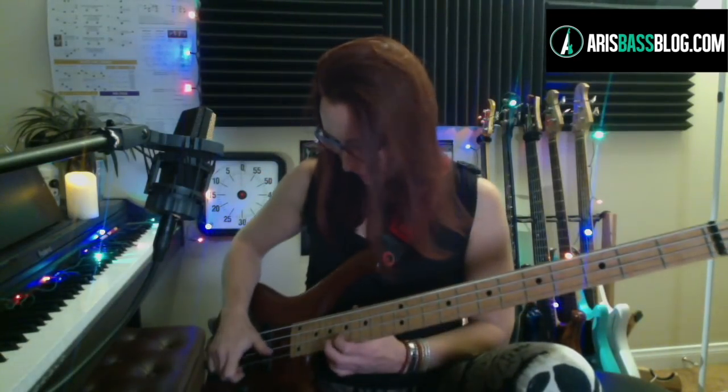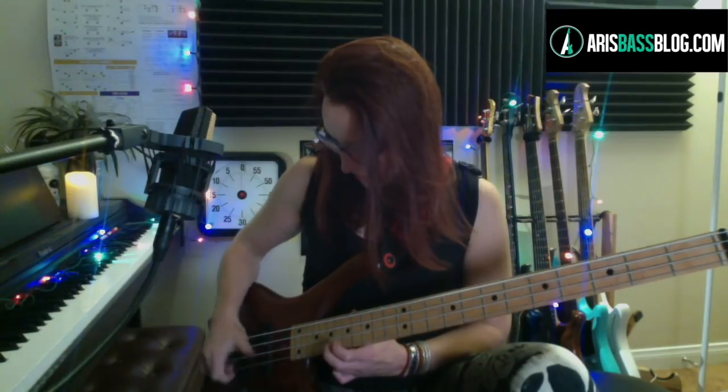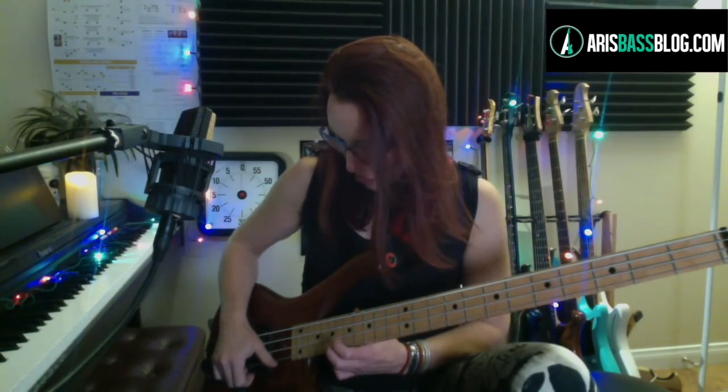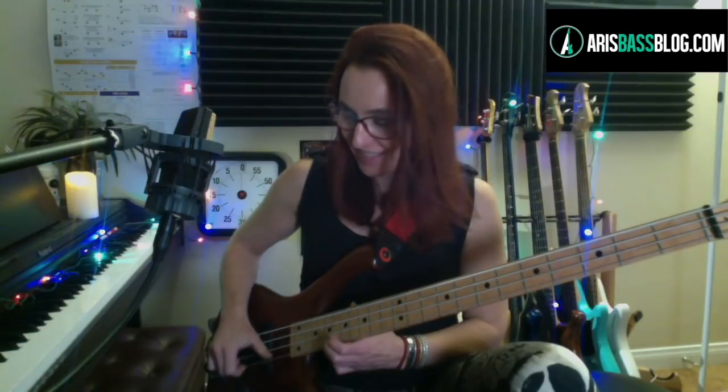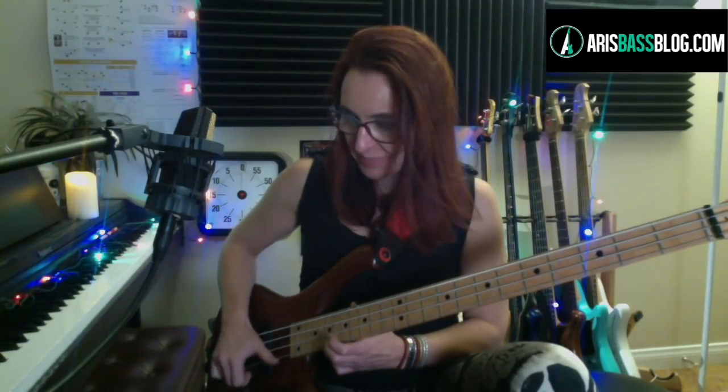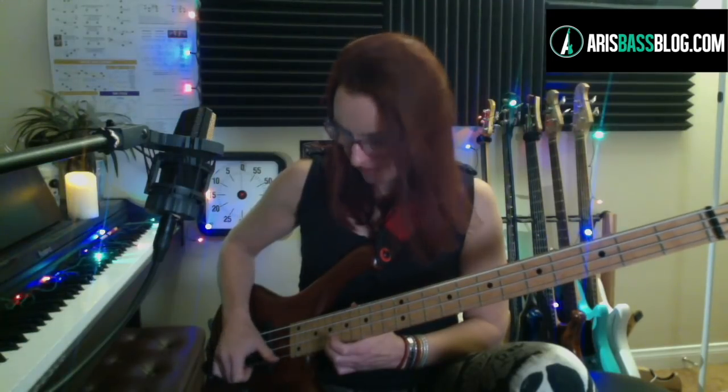The last part of the melody, I use pinch harmonics. What's tricky about those is that you have to find the right spot to pinch, so to speak, just very lightly touching the string with my thumb. The location is crucial, so you have to experiment a little bit. Sometimes it won't speak. Sometimes you'll get the wrong